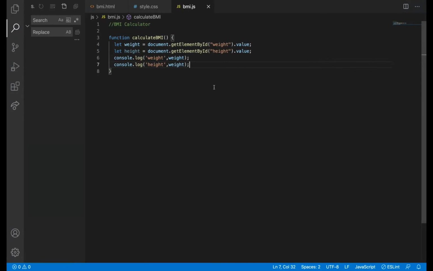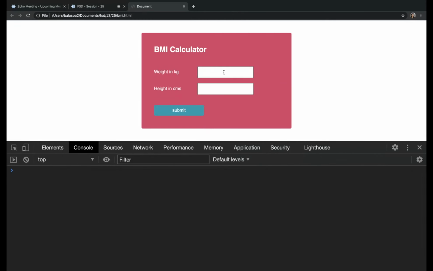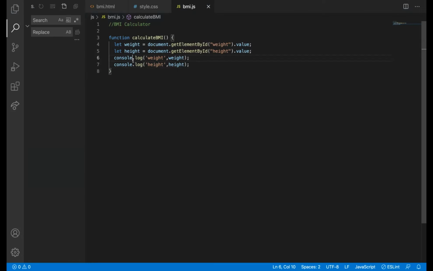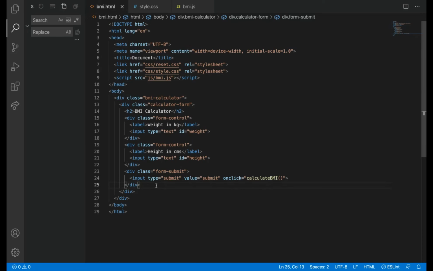Okay, what it is doing is getting the value, because I printed weight twice. So we got the value of 43, and then for height also. So it's too simple, right? We just got the values, and then we are going to show the result, right? So I'm going to add another div. For now, I'll add the ID itself. I can add the name as result. So you already know.